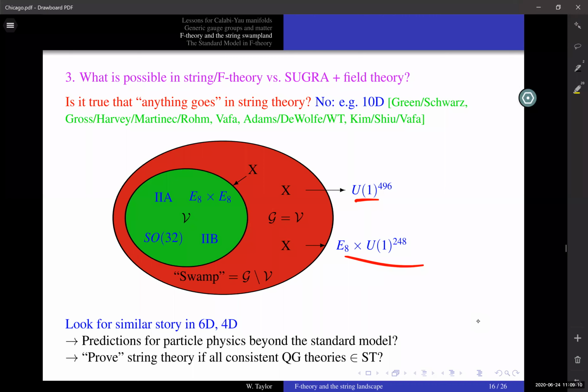Wadi, can I throw a little shade on that? I mean, in the end, in 10 dimensions, the input from string theory is nothing, right? In the end, all of those theories that you mentioned are ruled out just by purely low energy anomaly cancellations, and it's ignorant as to the UV completion. The UV completion doesn't actually